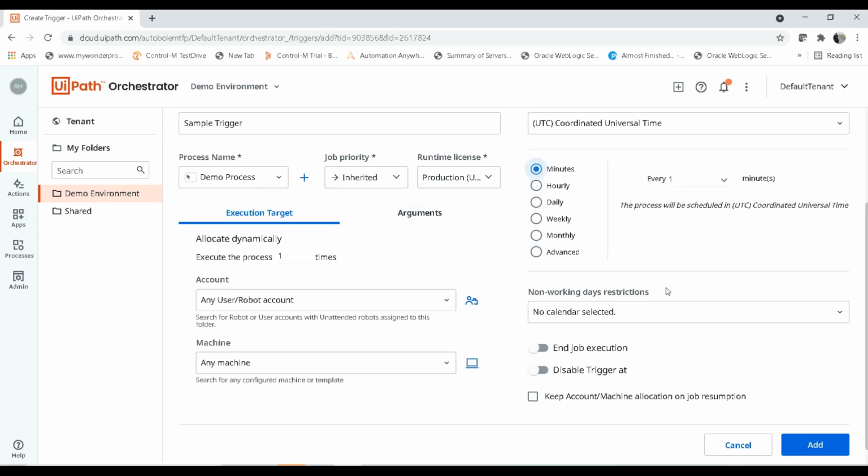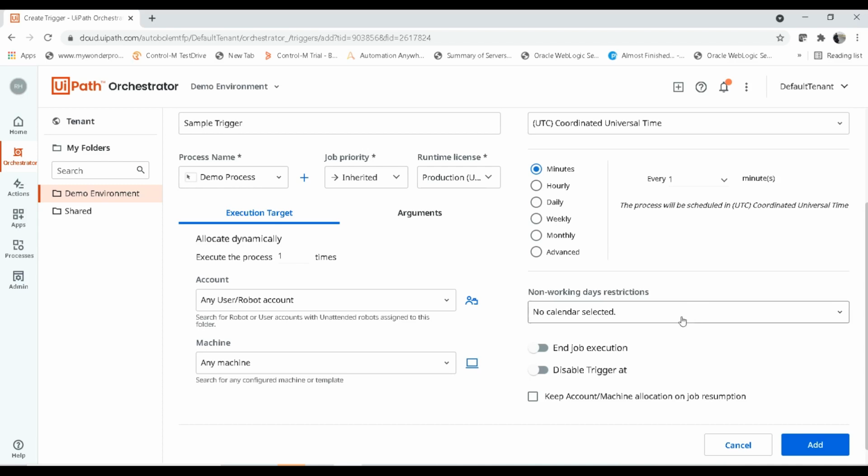If you want to schedule something in your machine and you don't want to run it on any of the holidays or on the public holidays, for that you can create a calendar with the non-working days and you can publish it here.